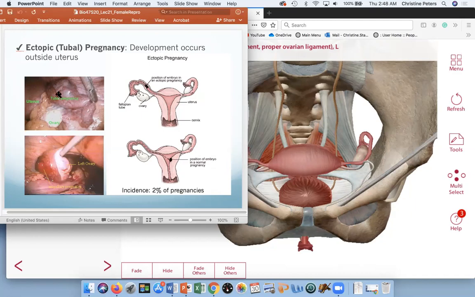And then this is going to be a pregnancy that occurred further inside of the fallopian tube. So this would be what they're referring to as a tubal pregnancy. So this might be further down toward the isthmus. The increases in ectopic pregnancies occur when you have things occurring like if you have someone who has a previous